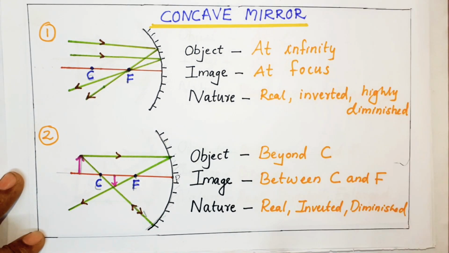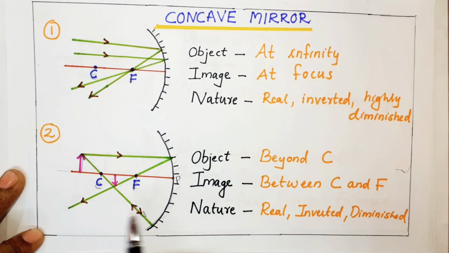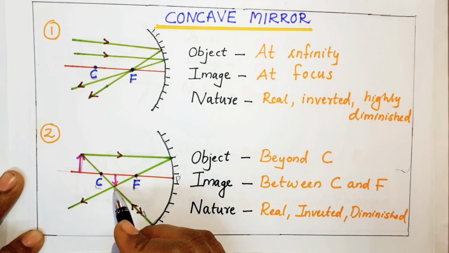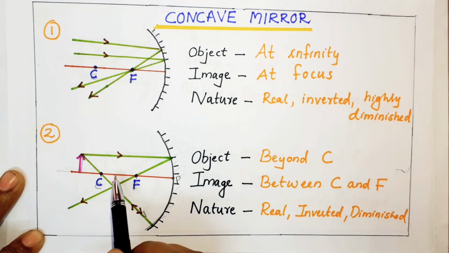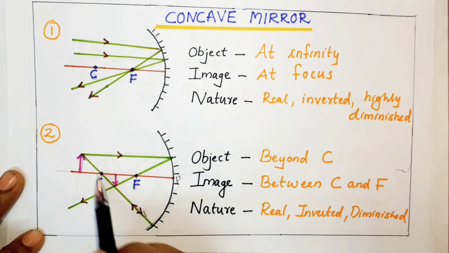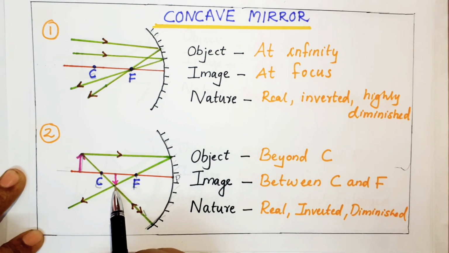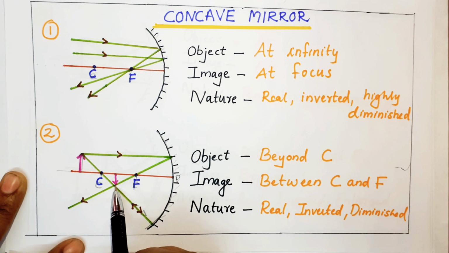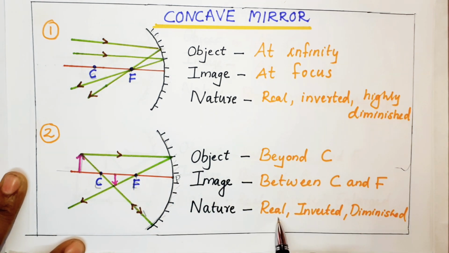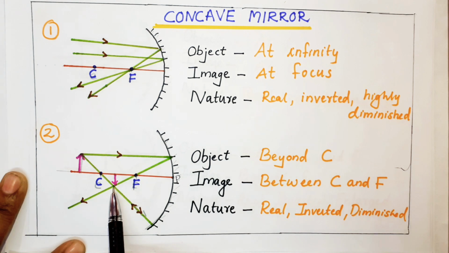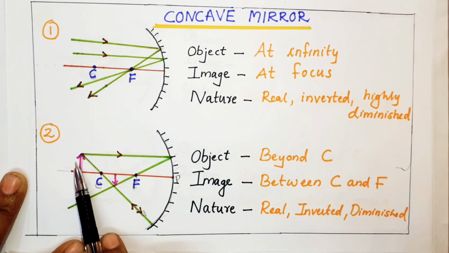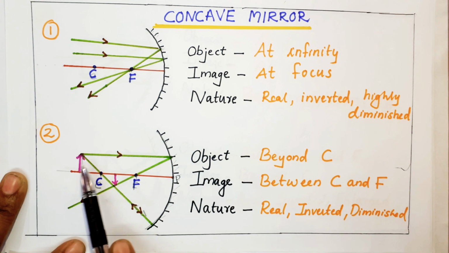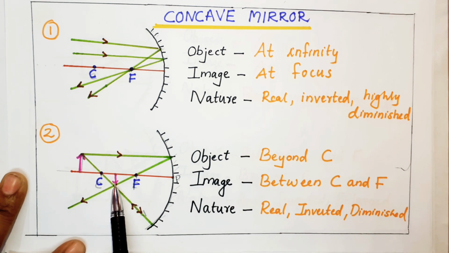So I can see these two reflected rays merge at this point. At this point only I am getting an image. From the principal axis you are marking. If you mark it here, you can understand that this image is formed due to the intersection of reflected light rays. So we can call that image real. And inverted: you see where it is meeting, there is the tip. So the image is just like an inverted image of the object.